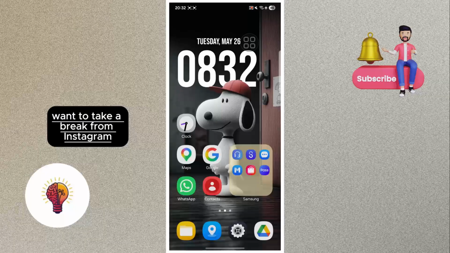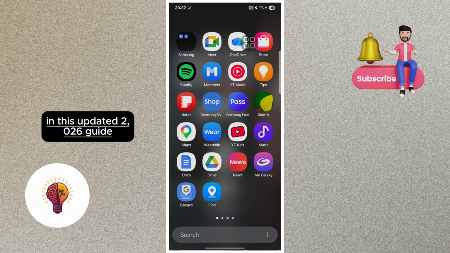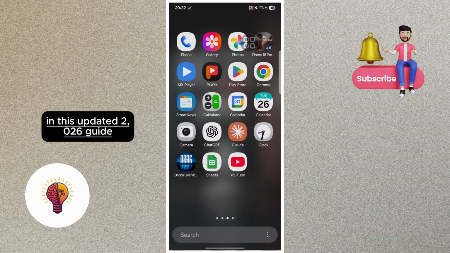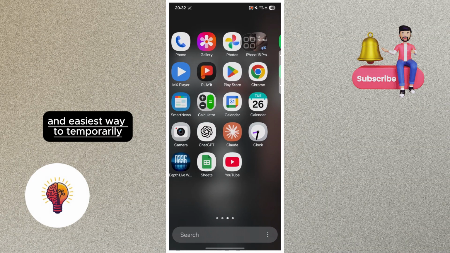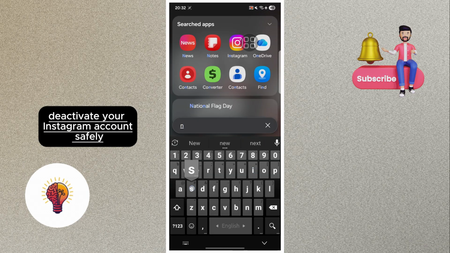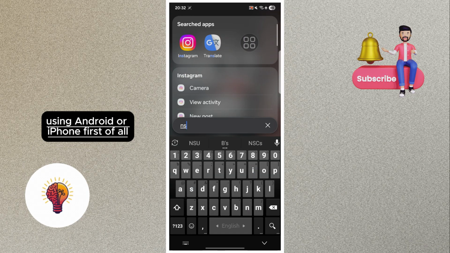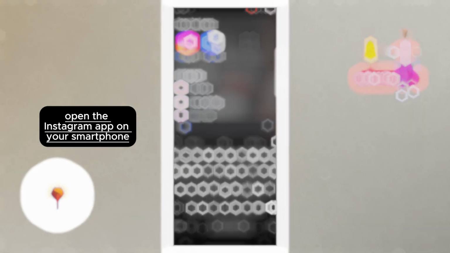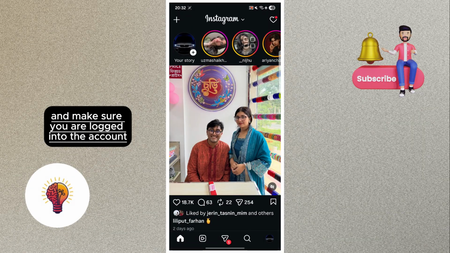Want to take a break from Instagram? In this updated 2026 guide, I'll show you the fastest and easiest way to temporarily deactivate your Instagram account safely using Android or iPhone. First of all, open the Instagram app on your smartphone and make sure you are logged